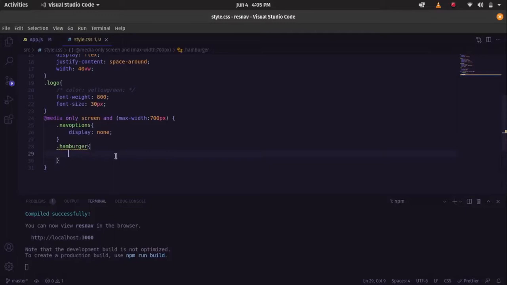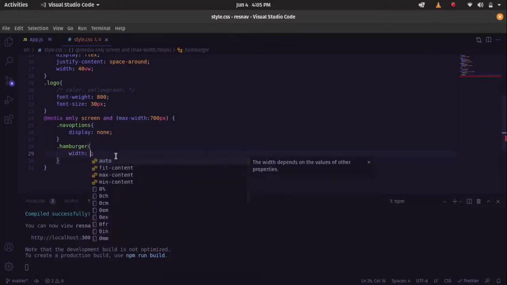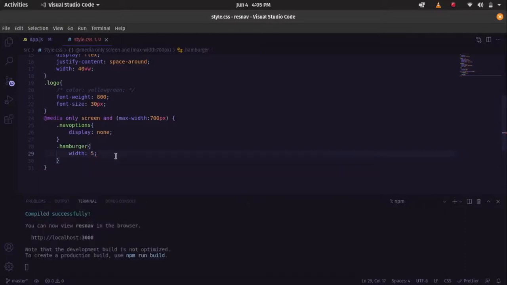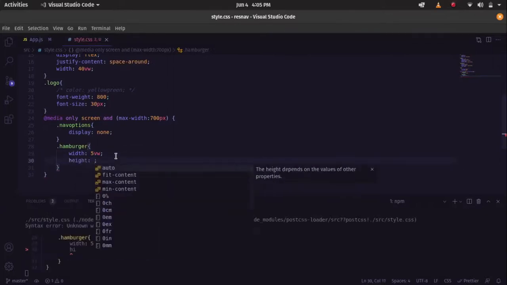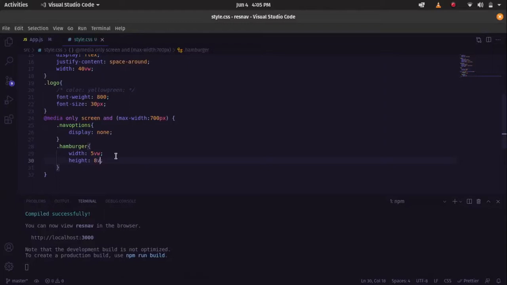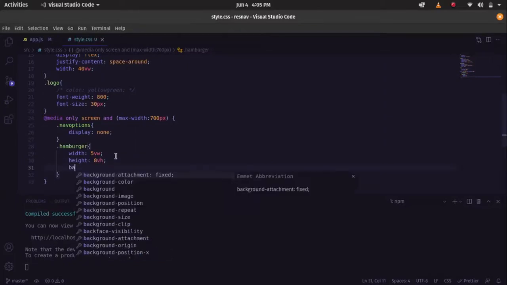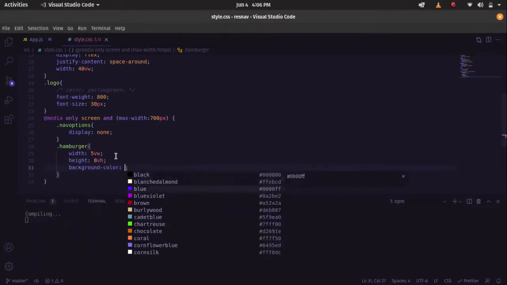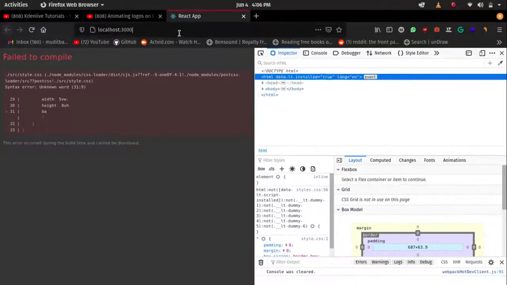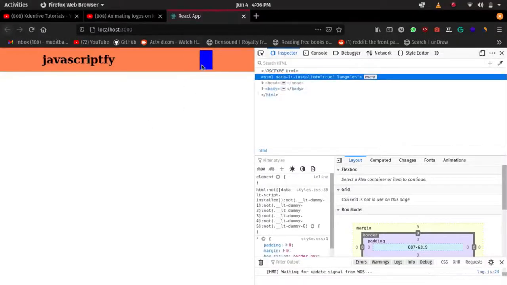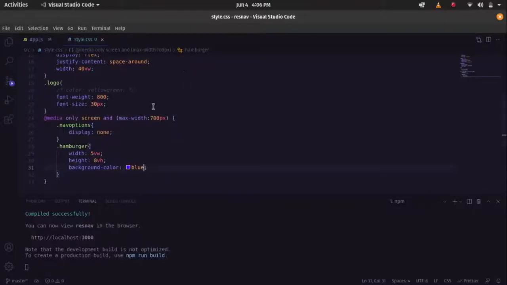Okay, cool. So in this hamburger, I'm going to define the width of this hamburger icon to be 5vw. As you all know, this is view width, and the height is going to be 8vh. And let's just give it a background color of blue, just so you can see what's going on. Okay, so we have this icon, and inside this icon, I want to add the